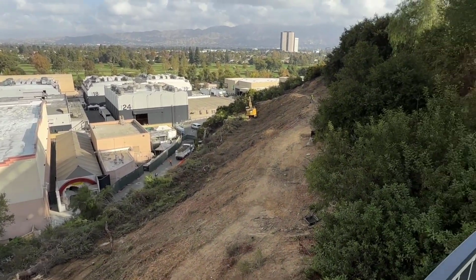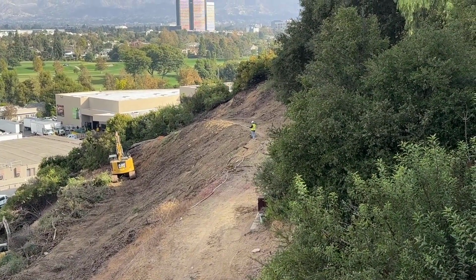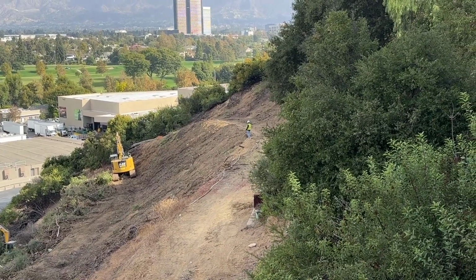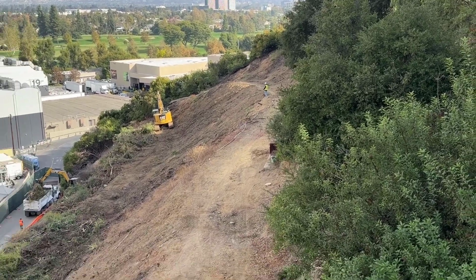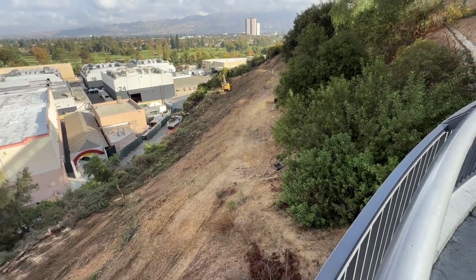So you can see the amount of work that is being done on this hill currently. They are removing all of the trees and bushes. They are grading the hill. And this is not just a hill that they can just get rid of. The Starway basically sits on top of this hill, so it's not something that is going to be a short-term